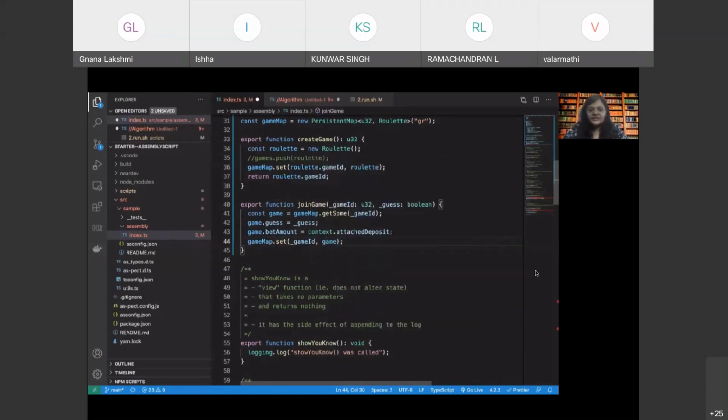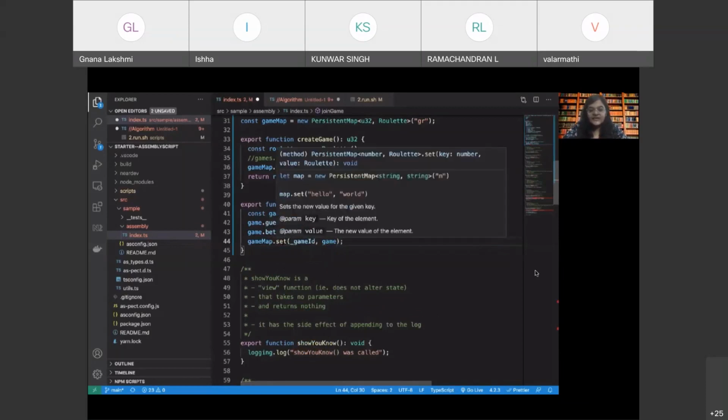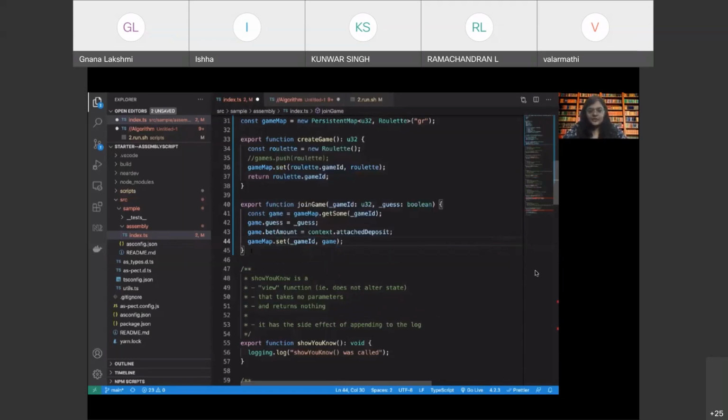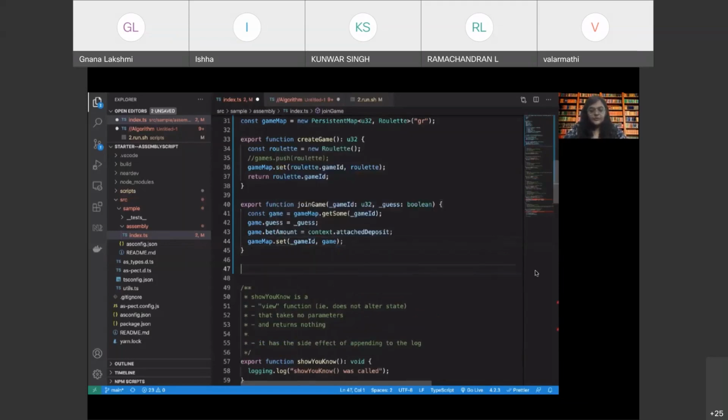Because we have changed some value. So again, we need to set the key, right? Sets the new value for the key, right? All right. So now we have joined the game. What next? Of course, the next thing is to end the game and declare the results, right?